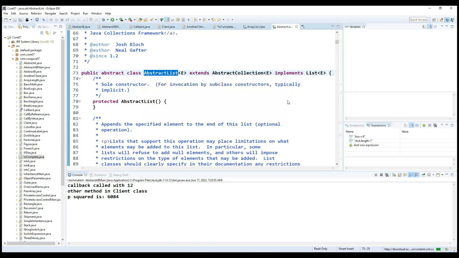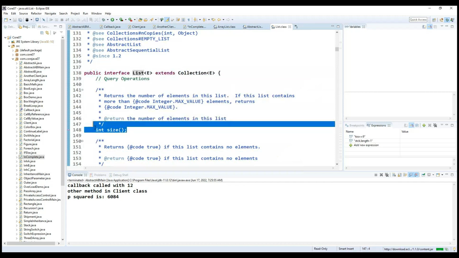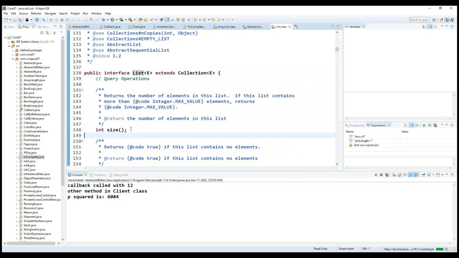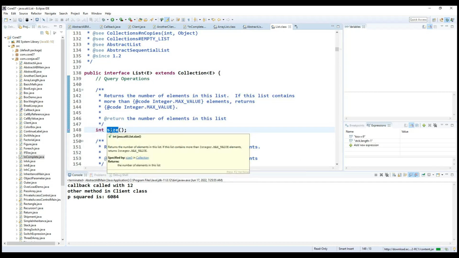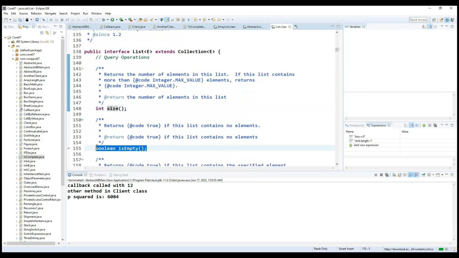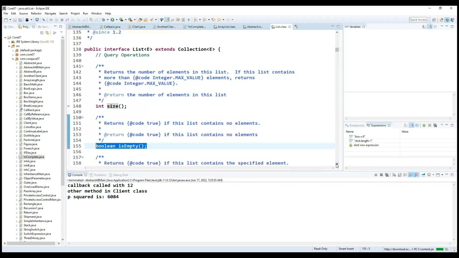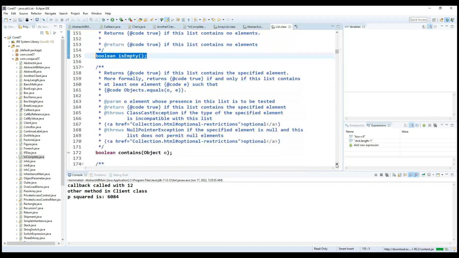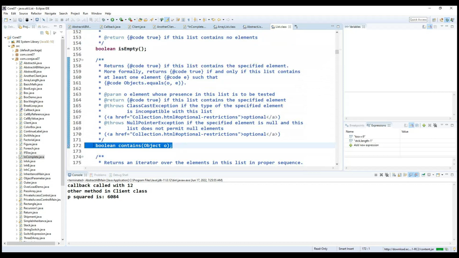Which class are we discussing? Something like AbstractList. But what is the behavior they are making here? They are making the class abstract and they are implementing this particular interface. Why are they making the class abstract here? If you see inside this List interface, size is a method declared here. It does not contain a method body. Getting the point? So it is an abstract method, right? Now you can see one more method, the isEmpty method. The isEmpty method is also an abstract method. Okay, now observe carefully, the contains method. The contains method is also an abstract method because here we don't have a